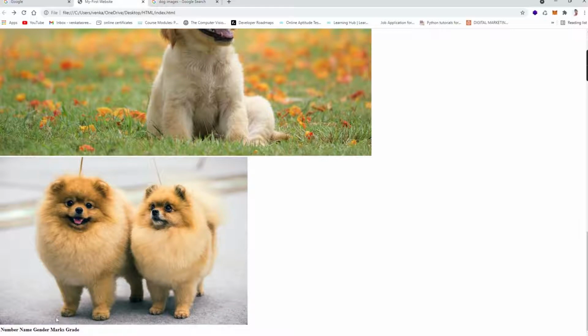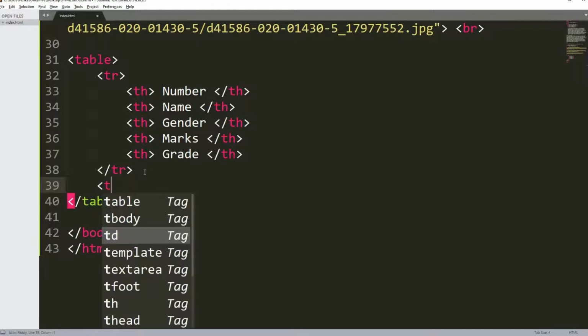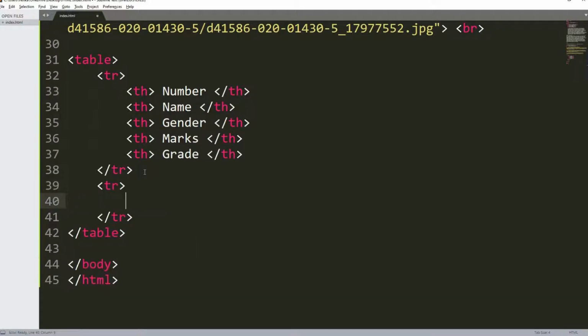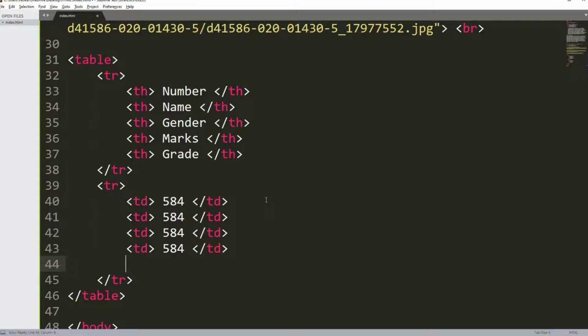We have to mention the values in the table. So after the table row, I want to create another table row. In the table row, I want to give the table data: number as 584, and 5 values in all.